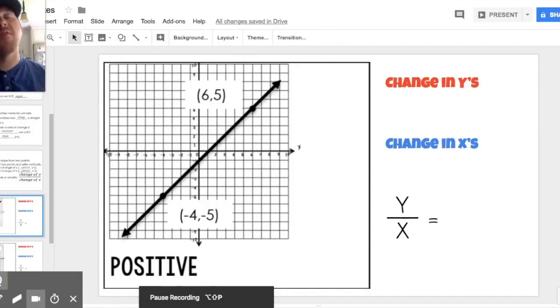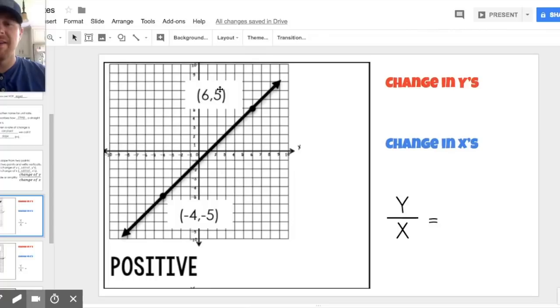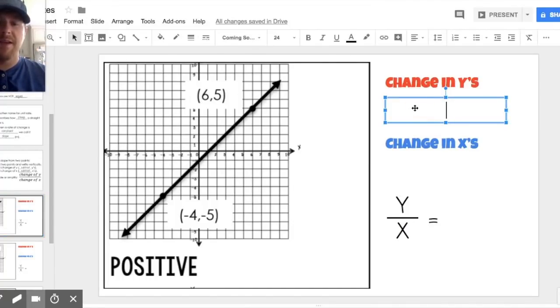So on your notes, there are 4 graphs over there, and we're going to talk about the different types of slope you may encounter. So right here, we have our change in y. So of course, the y-coordinate is the second coordinate, all right? So that's this one right here, so 5